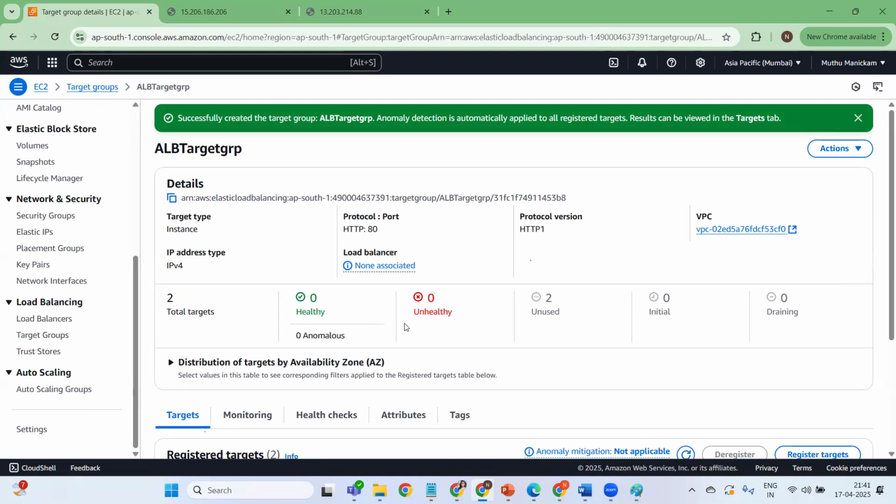So here your target group has been created, but it says 2 unused, 0 unhealthy, and 0 healthy. When you attach this target group with the load balancer, it also checks the health of your EC2 instance. If it's unhealthy, at that time it will